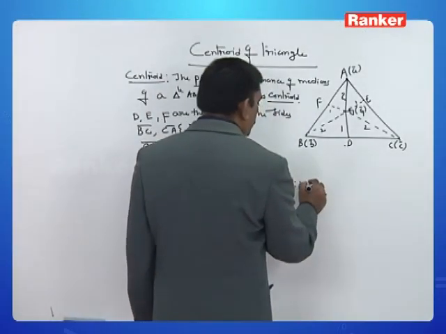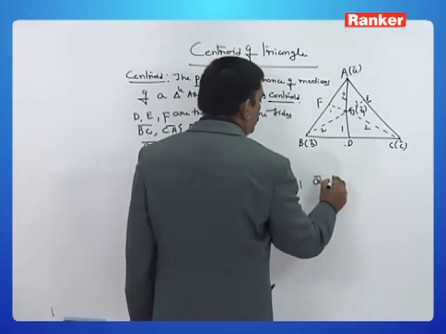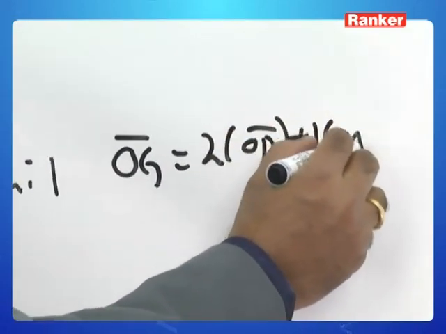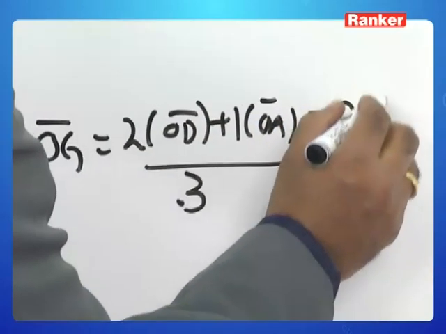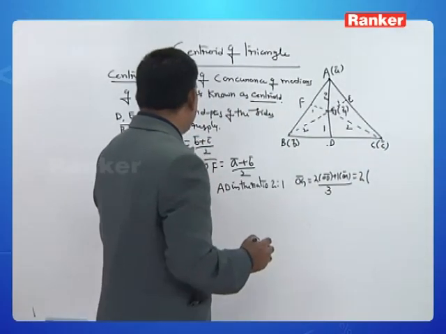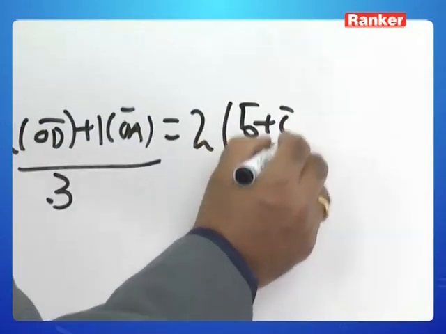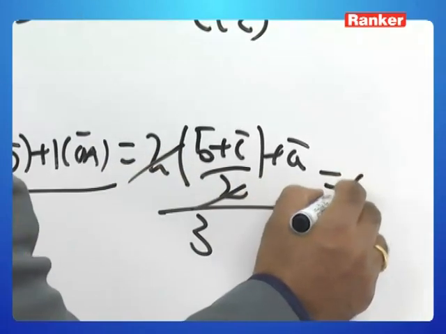Let it be OZ bar. I take 2 into OD bar plus 1 into OA bar by 3. Yes, now 2 into OD bar. What is OD bar? B bar plus C bar, plus A bar by 3. Therefore, this is nothing but